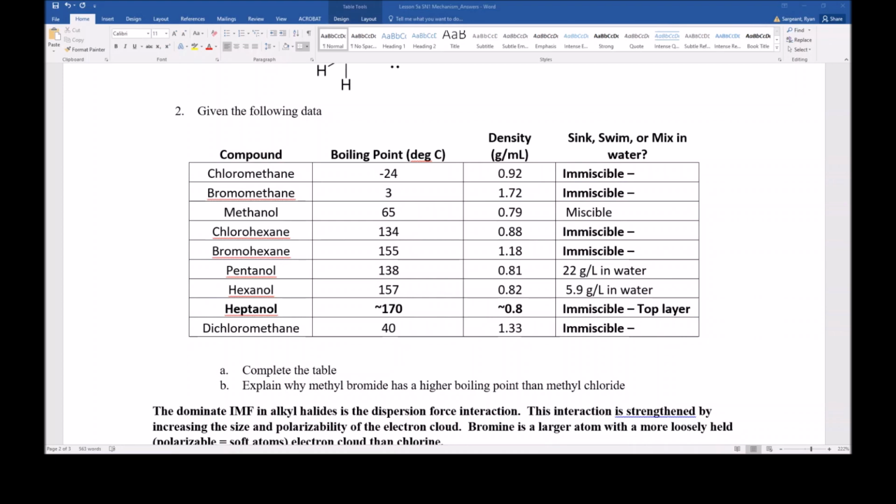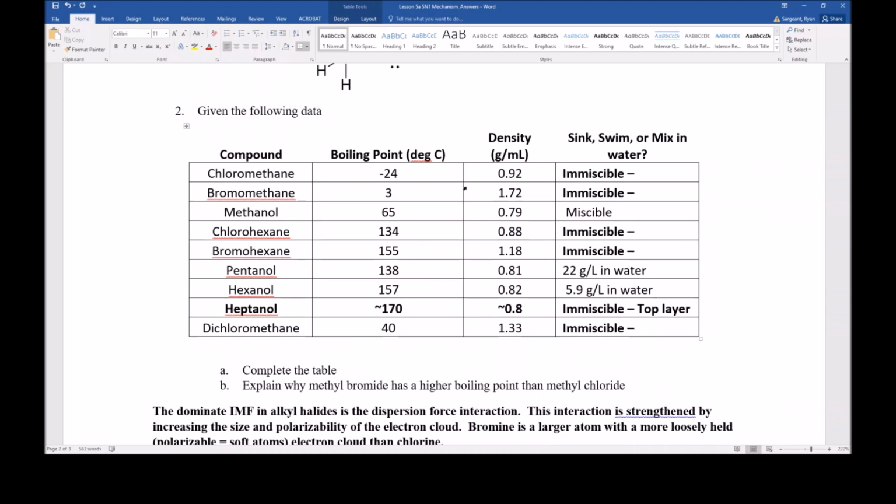So now let's change topics and look at the alkyl halides. And I went ahead and filled in the first part of these, and all alkyl halides are immiscible in water. And you can actually put alkyl halides in water. If you took